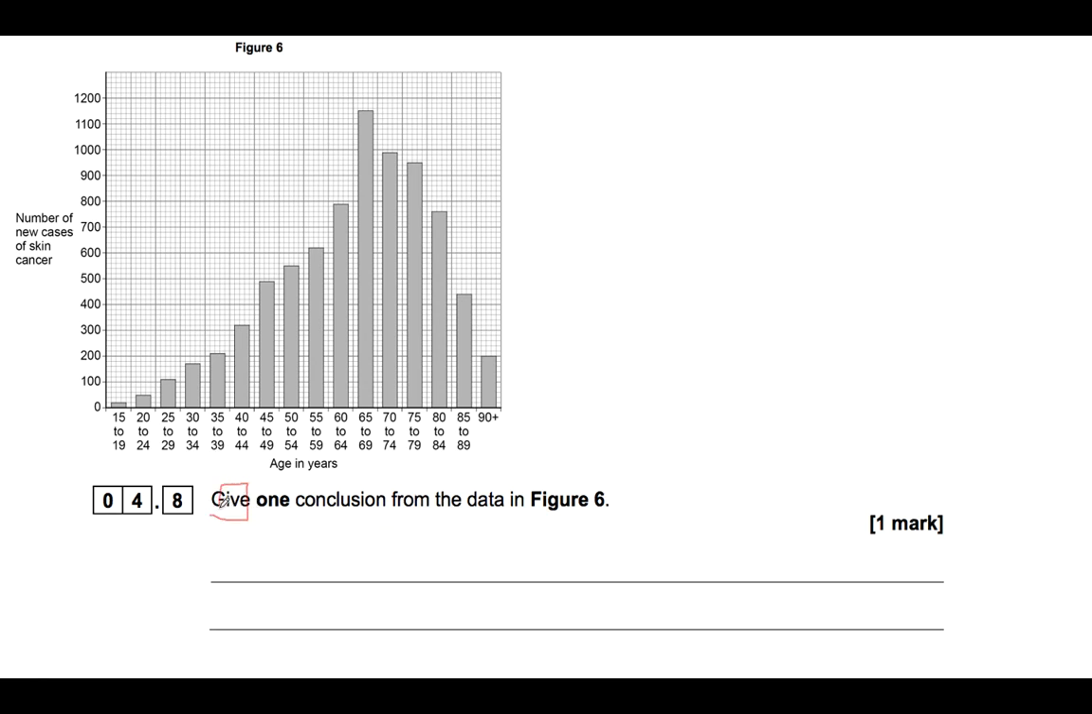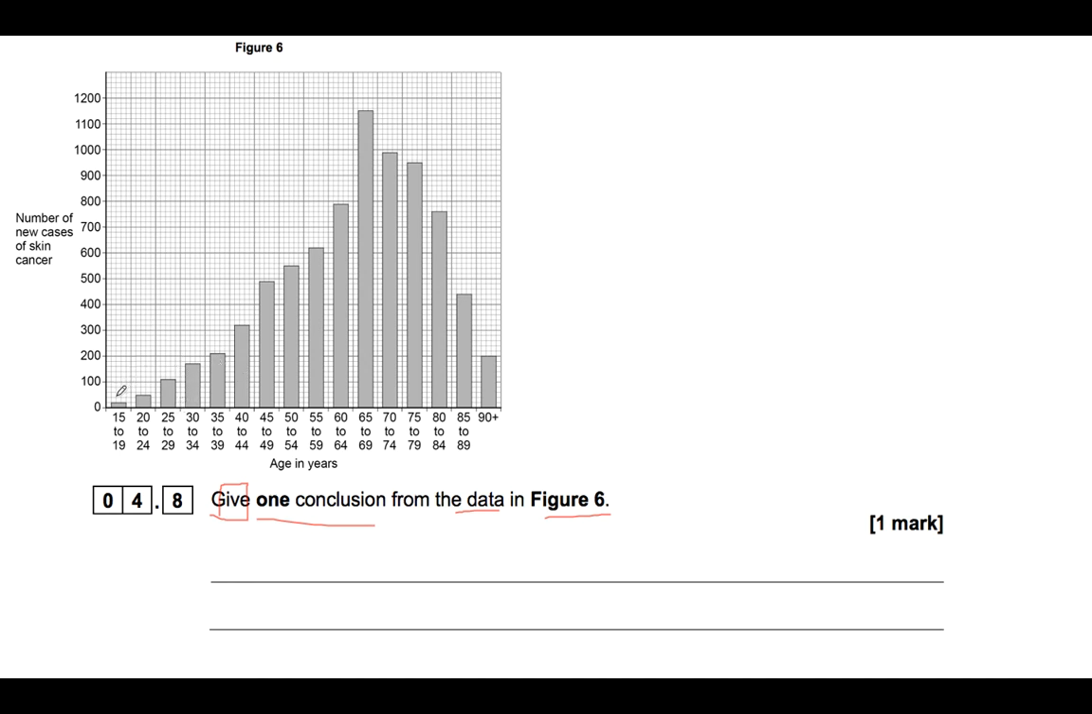And they're asking us to give one conclusion from the data in figure 6. When you ask for a conclusion, they're asking for you to interpret the trends and patterns. Remember, we did that a little bit earlier in the video. Okay. There are a few conclusions we can make, but they're based on the trends and patterns that we described